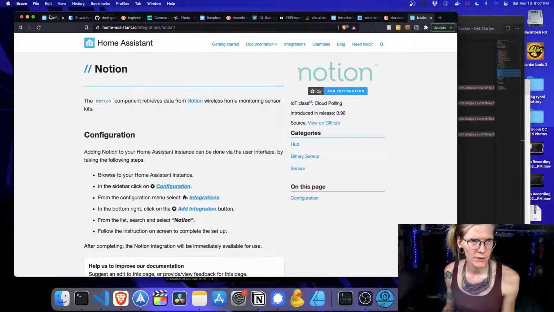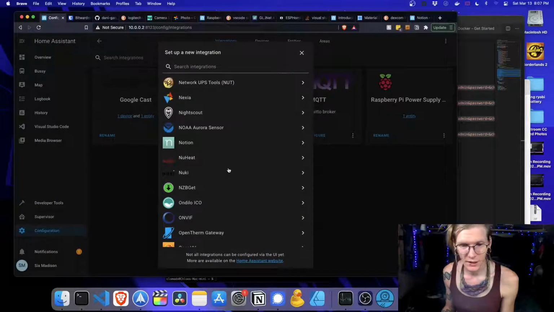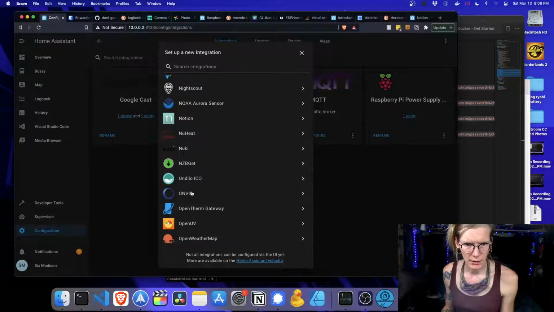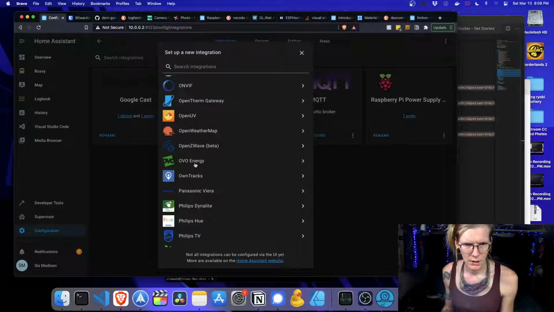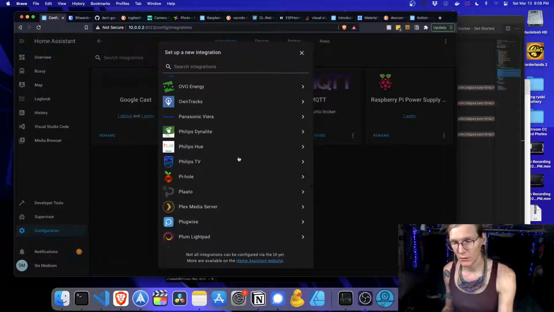Where's home monitoring sensor kits? Alright. I was hoping that was a new app that I'm working on. ONVIF. This is for cameras. I wonder if this is a better integration for... Yeah, I wonder... I also want to do OpenWeatherMap. OpenZWave is interesting, because then I can also do Z-Wave, including Zigbee, which we're going to do, hopefully, before